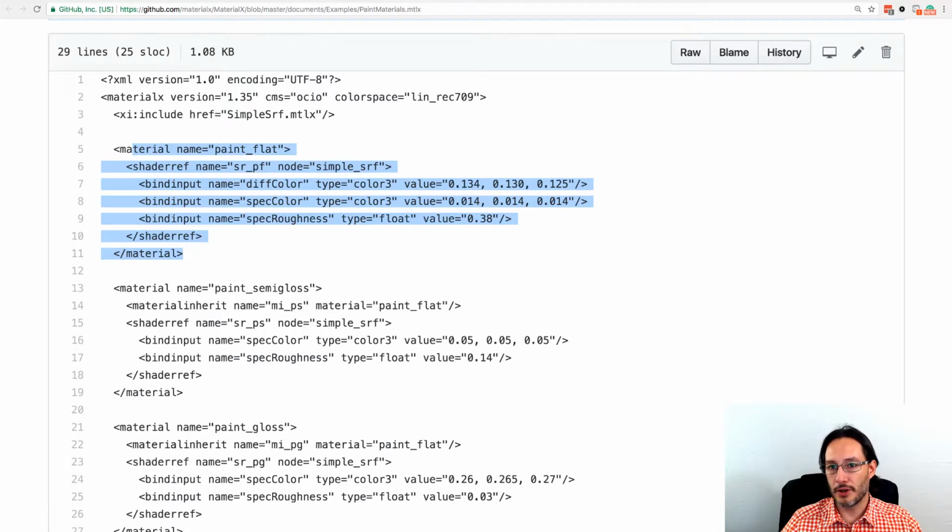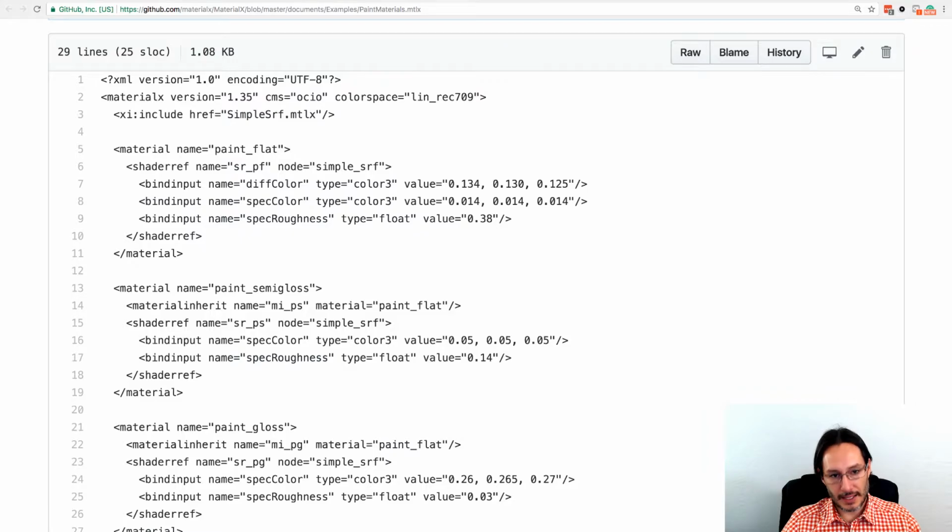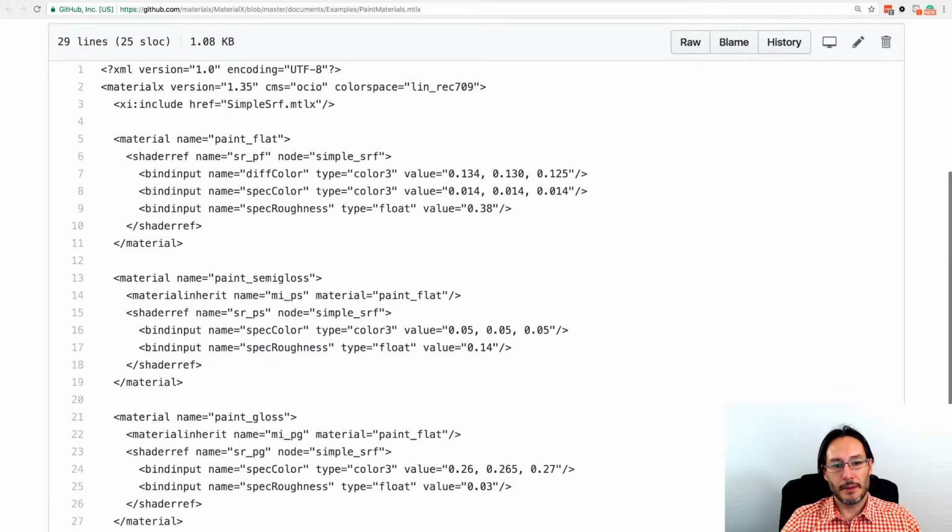I think we're going to try to use a very common way of doing look development now, which is where you have metalness and roughness instead of specularity maps. That seems to translate really well between different applications. So that's probably what we're going to end up with. But as I said, for each one of these materials, we're going to have to create some kind of shader. And the shader is going to be given by this shader ref node, the information down here, right?